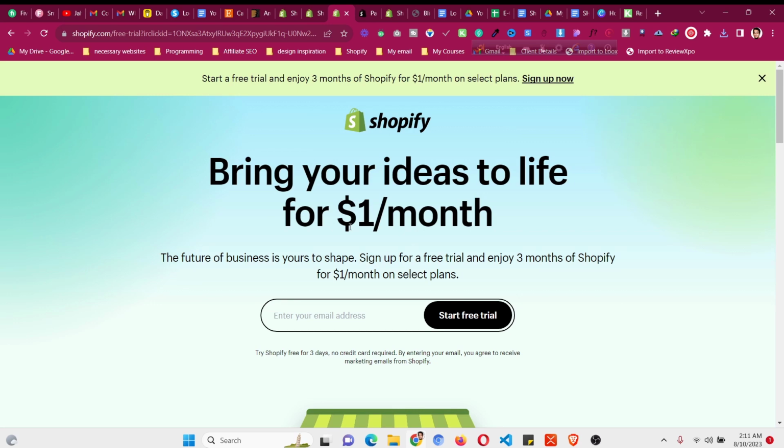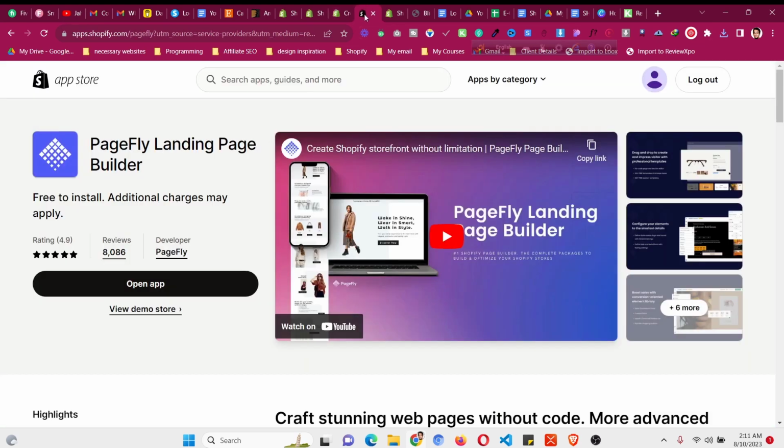And the next thing we need is to install the Pagefly app. Just install the Pagefly app, click on install app. In your case it will say install app. Just click it and this will install the app in your store. This is the app that we will be using, a drag and drop and easy to use builder,